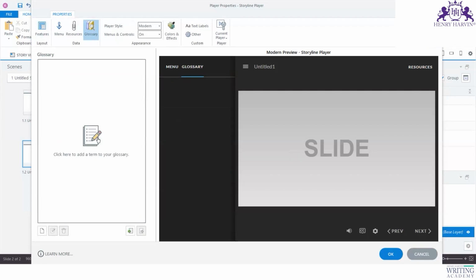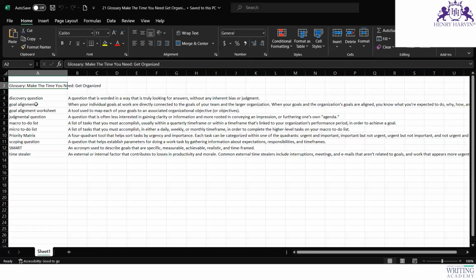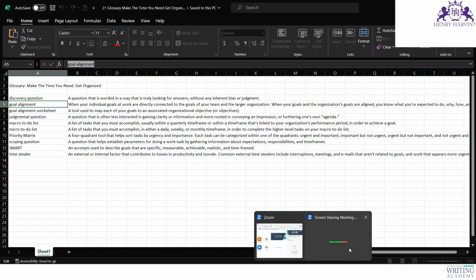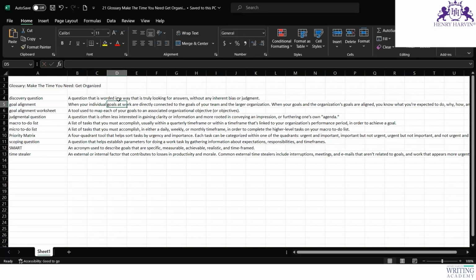How do you do it? You click here, or you can click on this button. See here, term. So I find some term. I've just got a few terms that have already been created, so I'm just taking it from there. So I'll take the term and then put it over here. There's a terminology, that's goal alignment. And then again, take the definition of it,